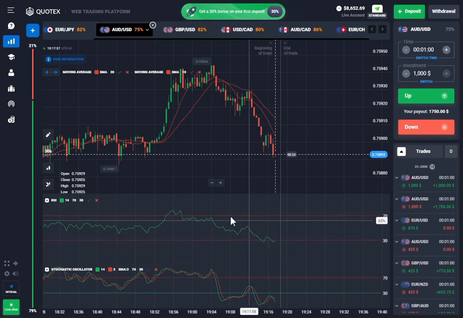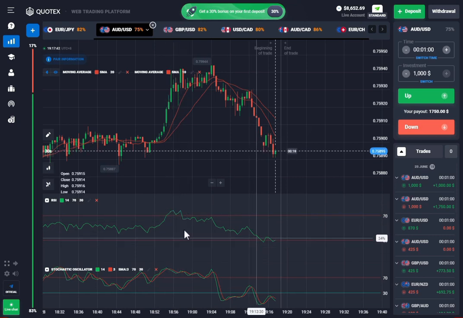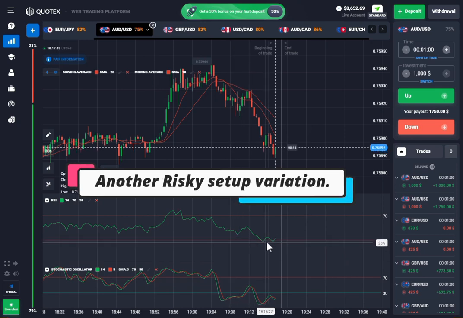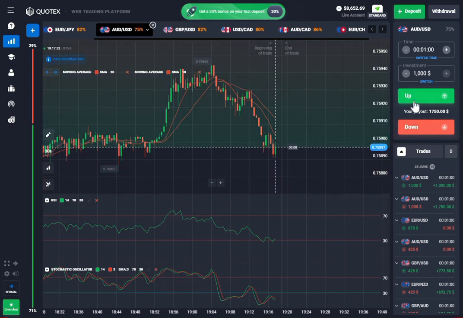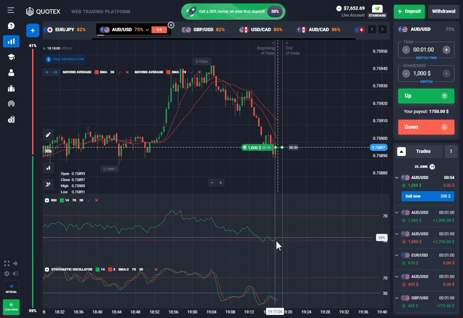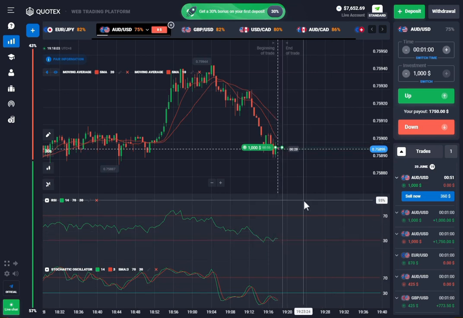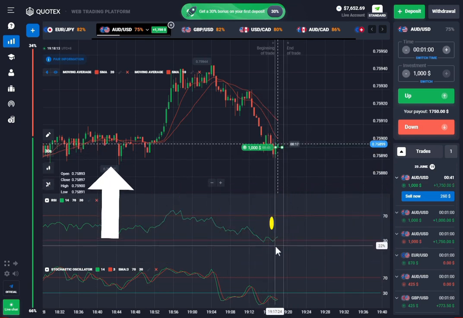Maybe should I give this another chance? Maybe I should. Let's see, I'll try another 1 minute. But this is another pointy situation, as I mentioned earlier. Let's see, if I get this entry, it will be a lot better. This one is riskier, even though it crosses the 30 line, the 30 RSI boundary, and goes back in. Okay, the reason why I entered this is because usually in this situation it should have less downwards movement,